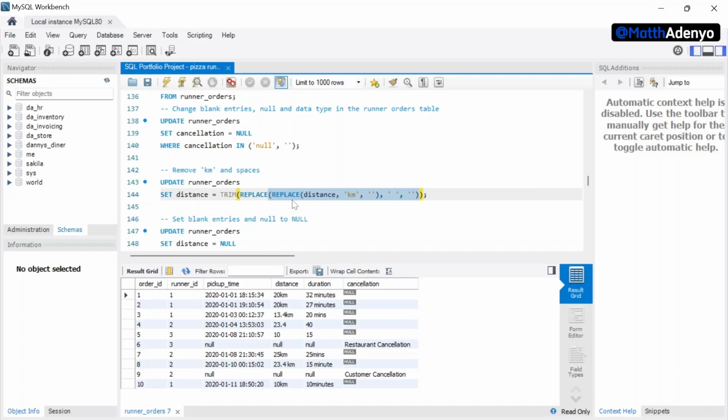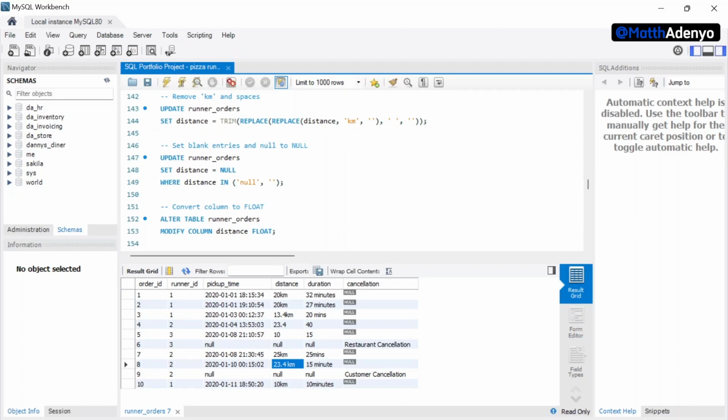And then the second replace, once this one is complete, we then come to the second replace. With the second replace, we are giving it a space. So wherever you see space, let it be empty. And those ones are going to be these ones. You can see that with this one you have a space before the kilometer, so that is what is going to take care of it. And once all that is done, we are using trim. We want to trim away any spaces or white spaces around the values. Okay, so we want to take care of all of them. And then when you are done, we come here, and what we are doing over here is that we are changing all those